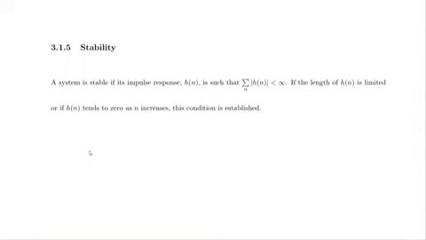Stability. A system is stable if its impulse response is such that the absolute value of h of n is absolutely summable. If the length of h of n is limited or h of n tends to 0 as n increases, this condition is established. Later we will see that the first is related to FIR filters and the second one to stable IIR filters. Anyhow,